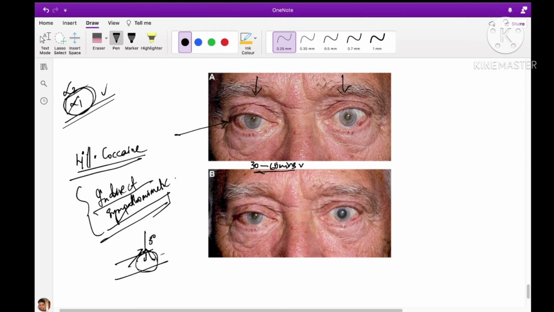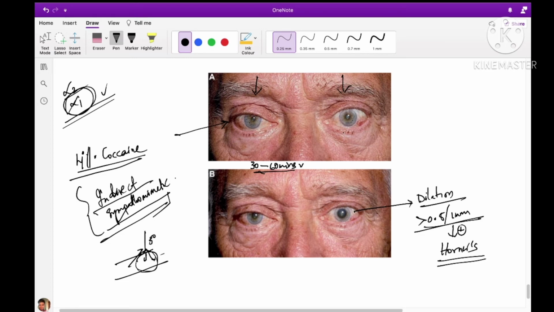So we have to wait for some time for the action to take place. After that, when we look at the normal eye, what will happen? Yes, it will cause inhibition of the reuptake, and it will cause the sympathetic action. It will cause dilation of the normal eye, and in the abnormal eye there is no dilation. Here also you can see anisocoria, and a difference of more than 0.8 or 1 millimeter is taken as significant, and we can confirm the Horner's.